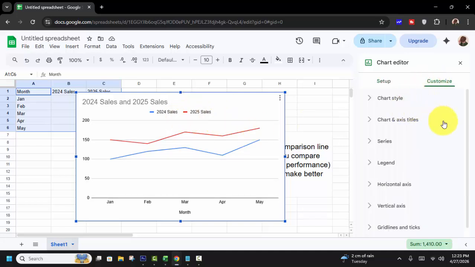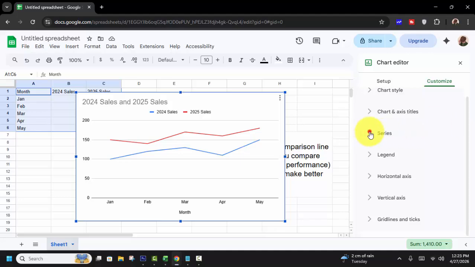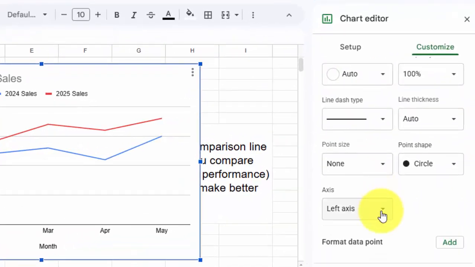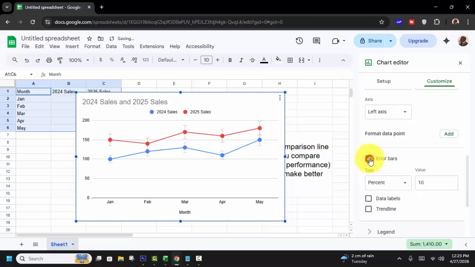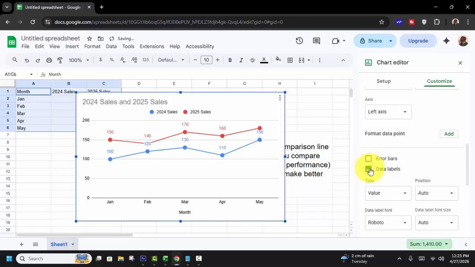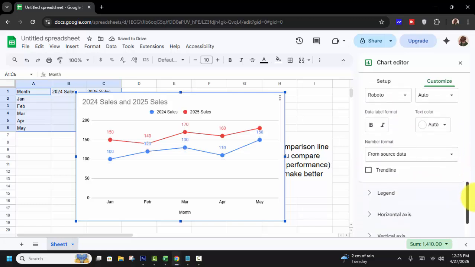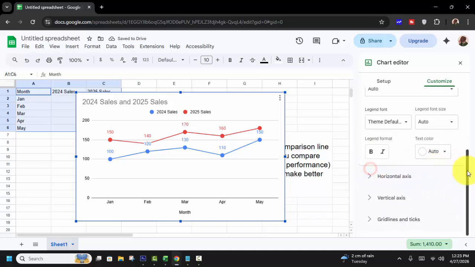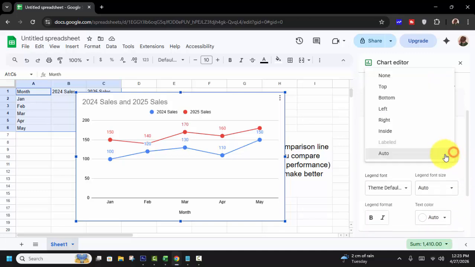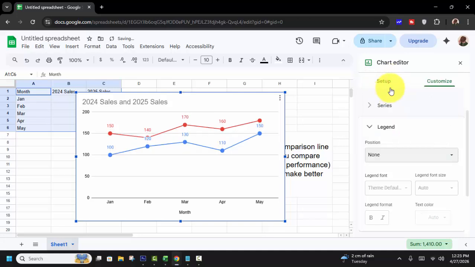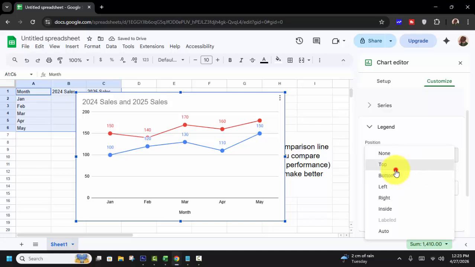Customize. Series. Add error bars or data labels. Use legend. Position: auto, inside, right, left, bottom, top. For example, use none, or you can choose